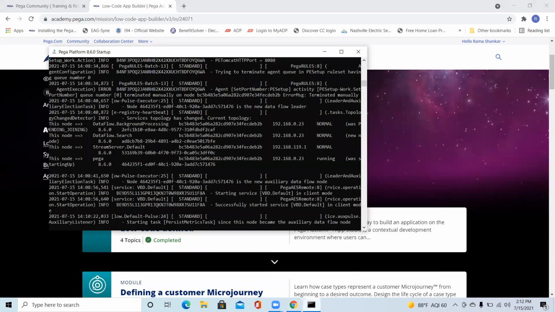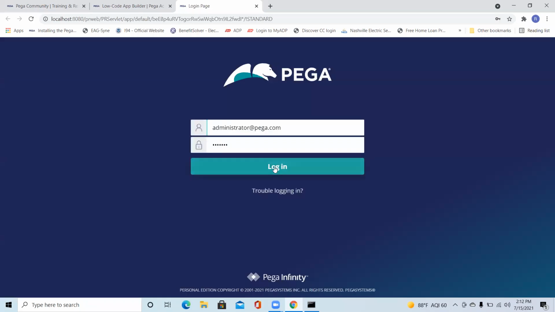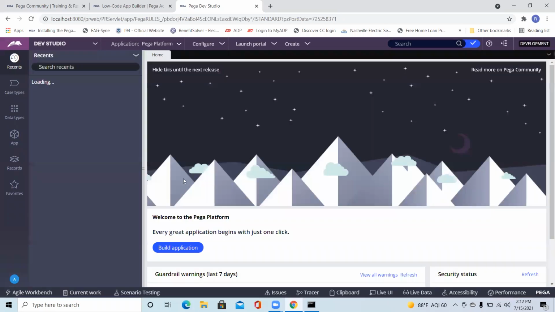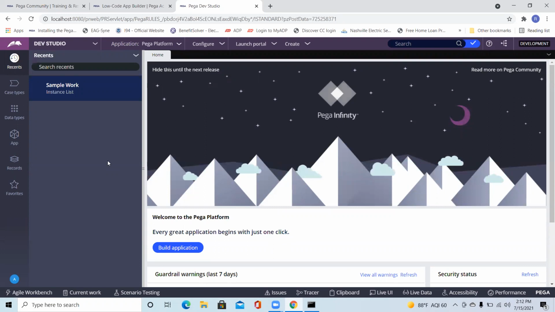Let me see if the server is started. Did you log in? Are you able to log in to the personal edition? Yeah, I can log in, but it's too slow. Sometimes it is, if you try on weekends, it's more slow. But see, the slowness is here also. Actually, a lot of people practice, right? I'm not sure if it stores in our local. It should be, but it's a little bit slower.